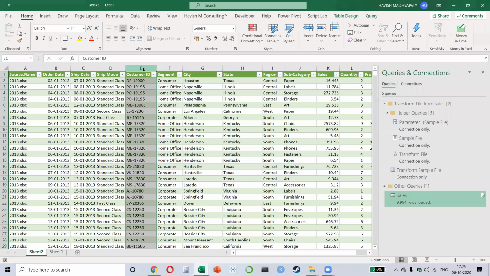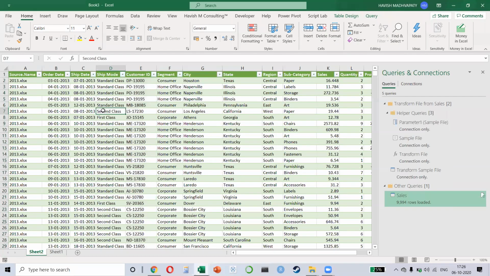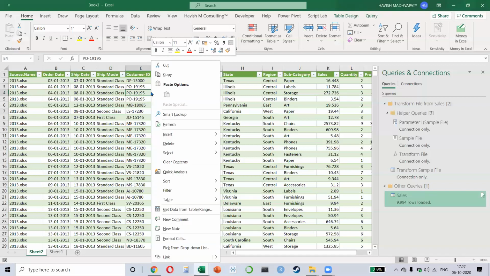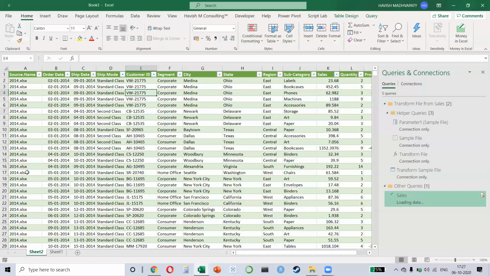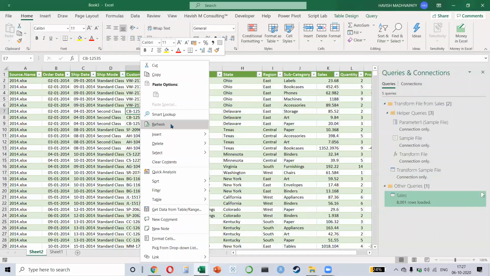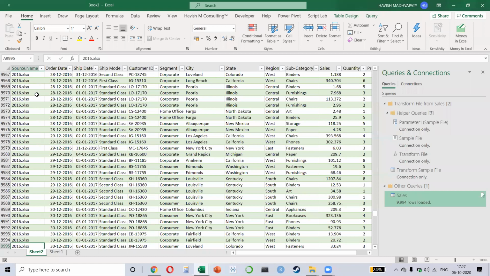So Ankita, all I did was I showed you that when I added another file in that folder, all I had to do was click anywhere in the table, right click and refresh like this. For example, if I remove 2013 and I refresh it, you notice that 2013 is automatically removed. If I place 2013 once again, right click and refresh, and 2013 will come back. It is so fast that sometimes you will wonder, is it even doing anything, right?